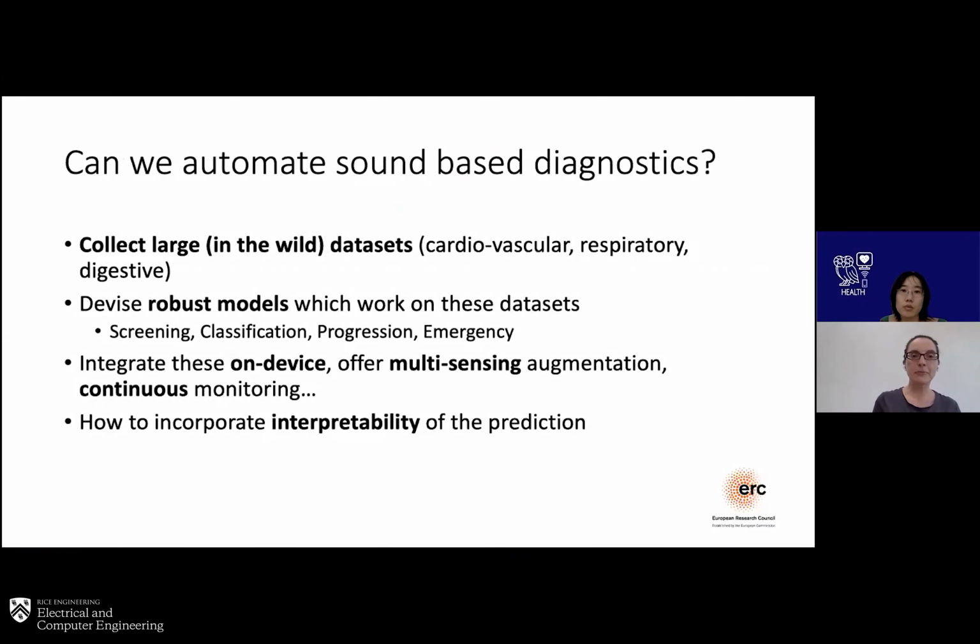And so for about a year, I've concentrated on a project which is funded by the European Research Council, which concentrates on, first of all, collecting large data sets in the context of cardiovascular, respiratory, and digestive clinical research, and devising models that are able to have some sort of possibly diagnostic power in terms of screening, perhaps, if this is something that needs further testing, classifying a disease across perhaps a variety of diseases in the same class, understanding progression of a disease, and perhaps looking at if we could understand if something could be in need of